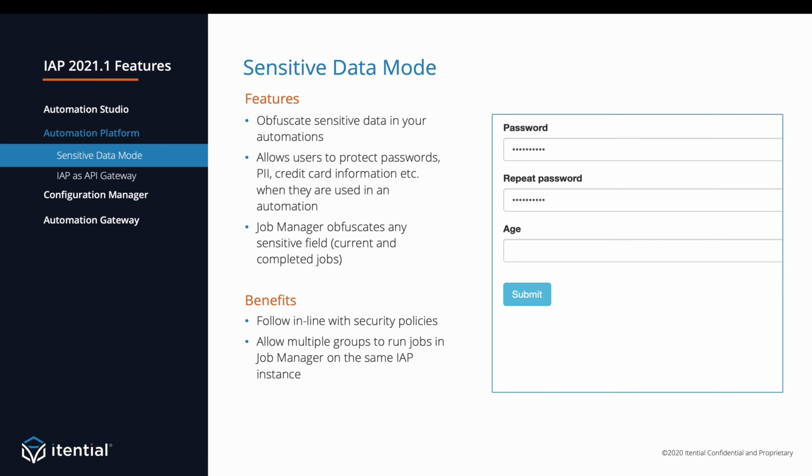Going into the slides here, one thing I want to highlight is the sensitive data mode that we've added. This allows you to obfuscate any sensitive data in your automations, in your workflows, wherever you have them. What that means is any data, be it passwords, personally identifiable information, credit card information, and so on, whatever you choose should be sensitive, should be protected. You can protect those fields now, be it incoming variables, be it outgoing variables of tasks, so that they're not